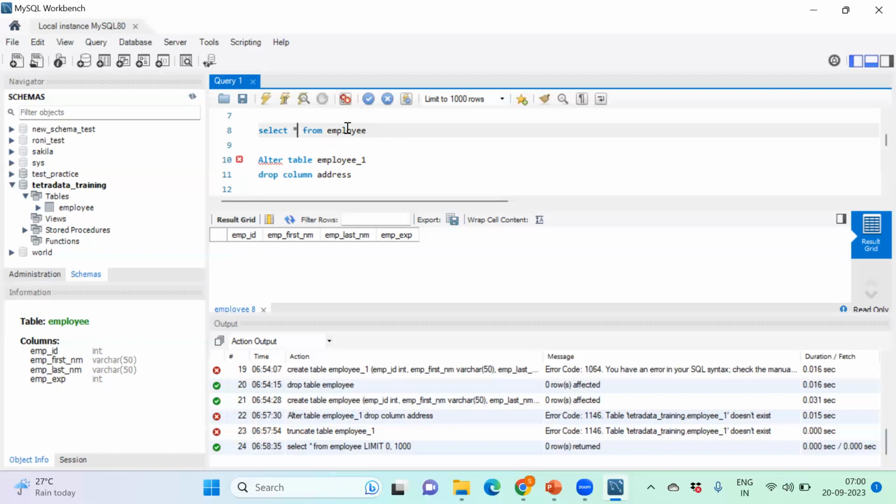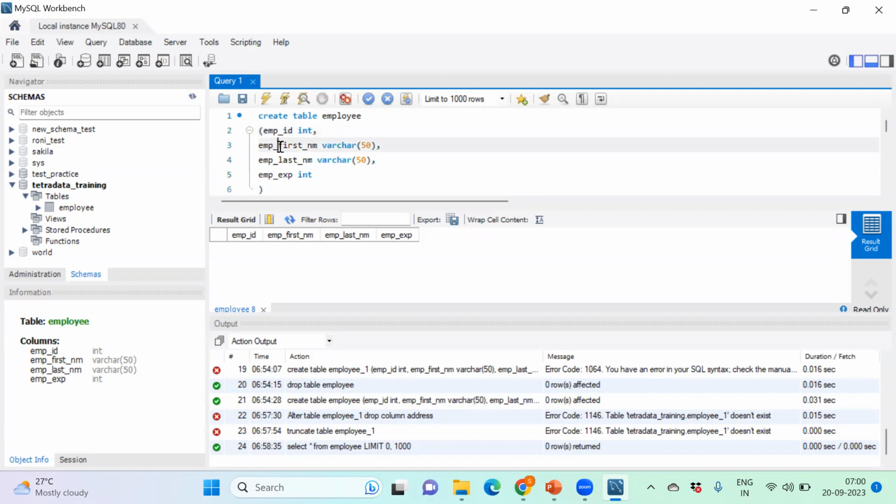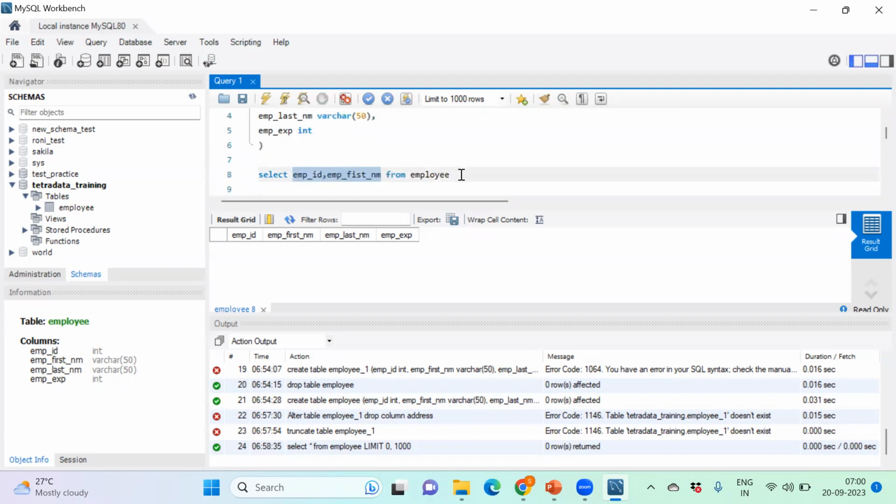Yeah, actually, this is the table name. Inside the table name, I have declared the column names. So inside the DQL statement, suppose I want to print only employee ID and employee first name. I don't want to see the other columns. So I just select these two columns, employee ID and employee first name. Instead of star, I'm putting these. If I just select it,